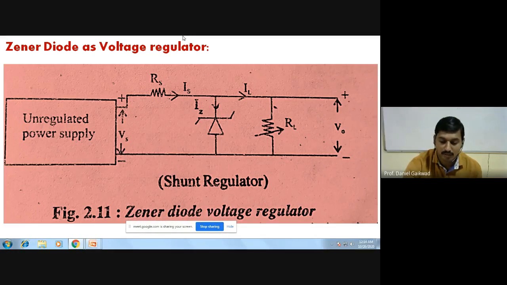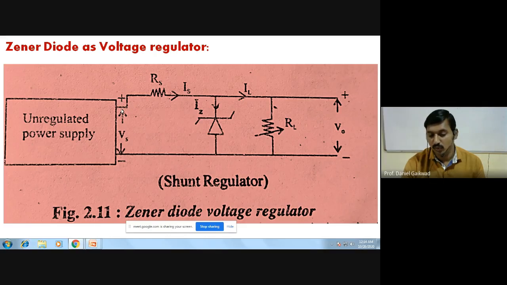Check carefully the diagram, a very easy diagram. So we have an unregulated power supply. The unregulated power supply consists of elements, for example, a transformer, then the rectifier circuit, then the filter circuit. So that is what it contains: transformer, rectifier, filter, all in this box here, and that is called the unregulated power supply. It cannot be regulated, meaning it will increase or decrease according to the AC mains as well as the load resistance. So here we have the positive terminal and negative terminal of the output of the unregulated power supply.